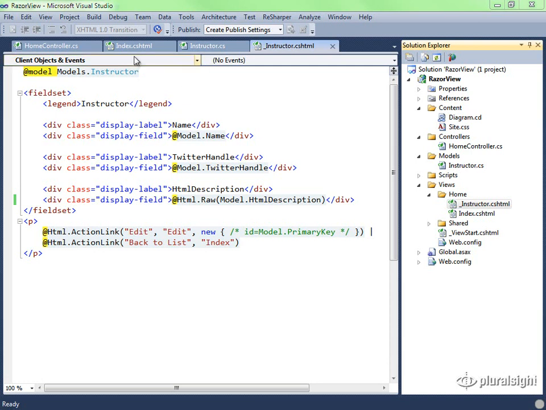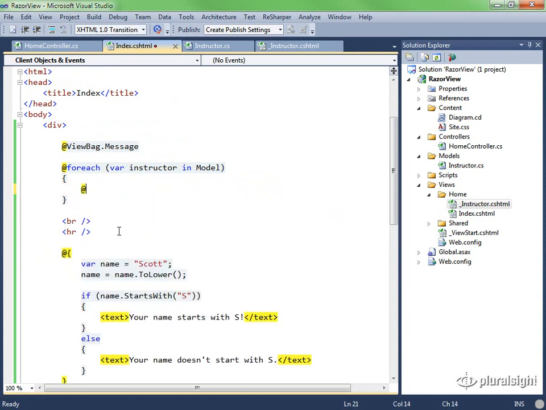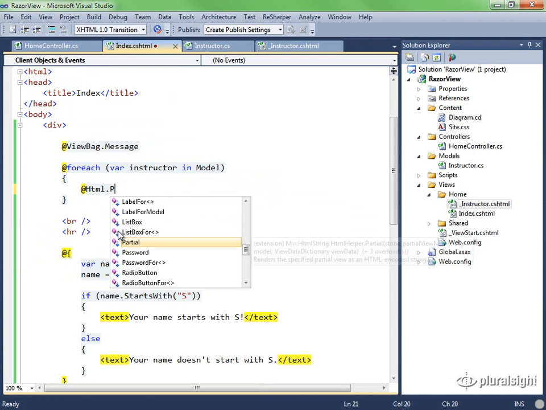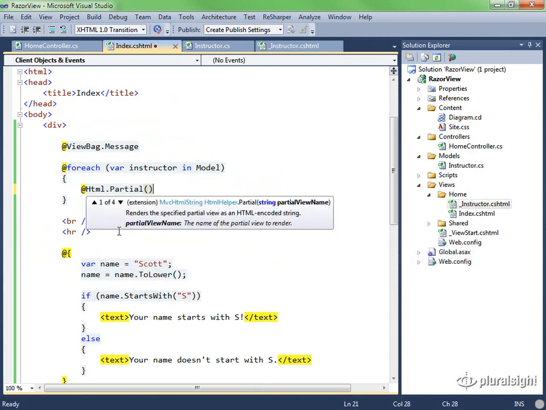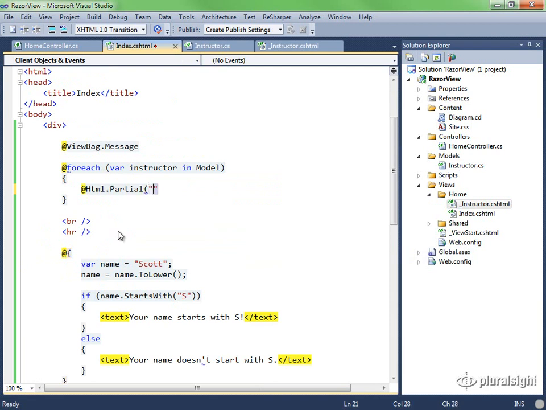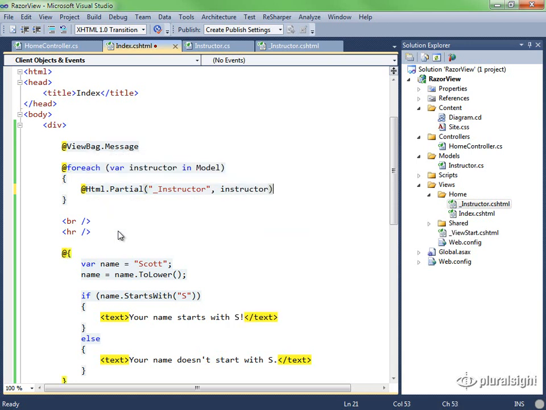To use this view, I'll come back into the main view and replace all of the markup we have inside of here with HTML.partial. Not render partial, but just partial. However, just like the render partial API, I pass in the name of the view that I want to render without the file extension, and I can optionally pass in the model to use. In this case, the model will not be optional. So let's pass that in